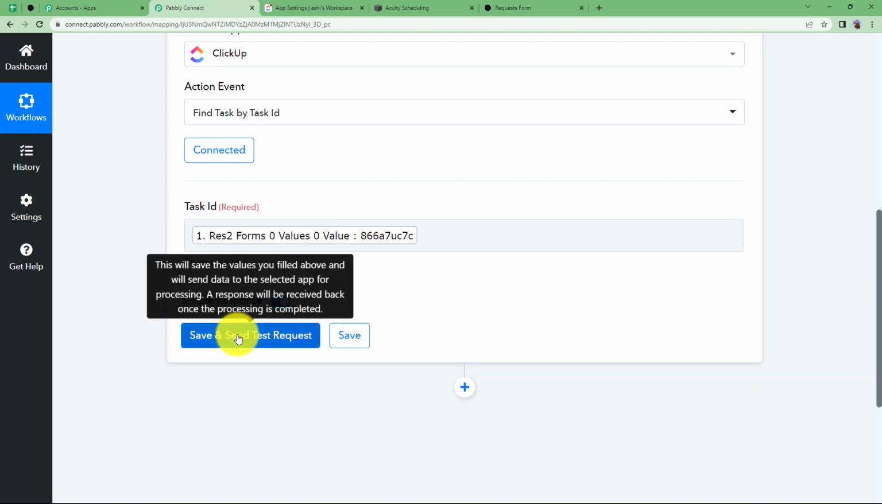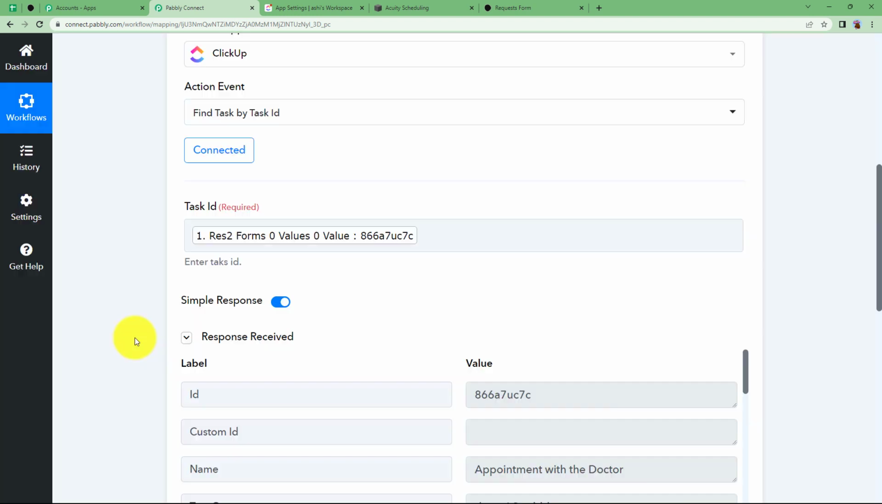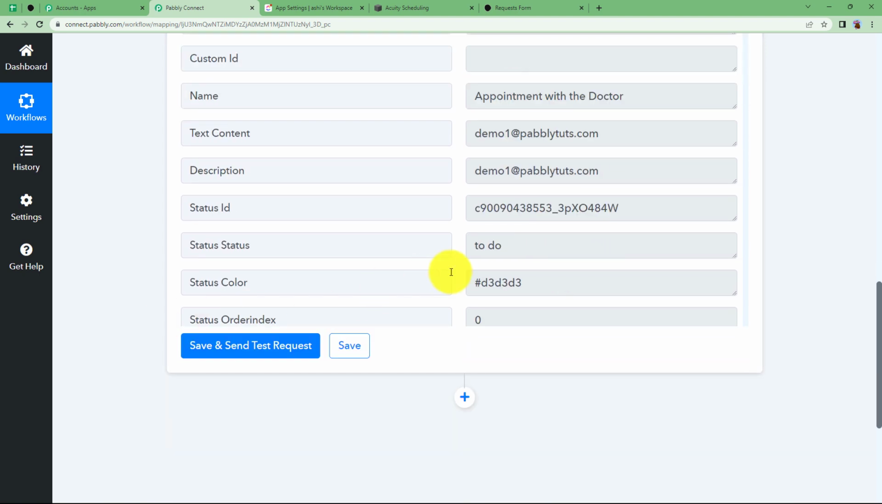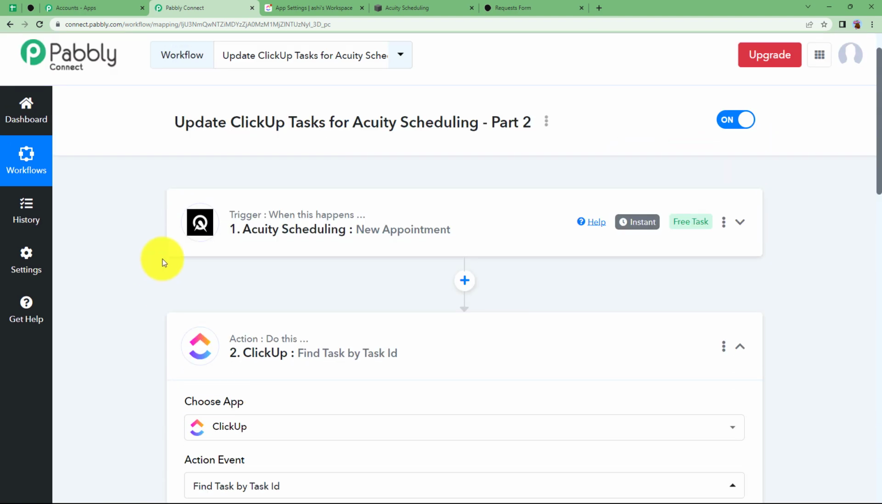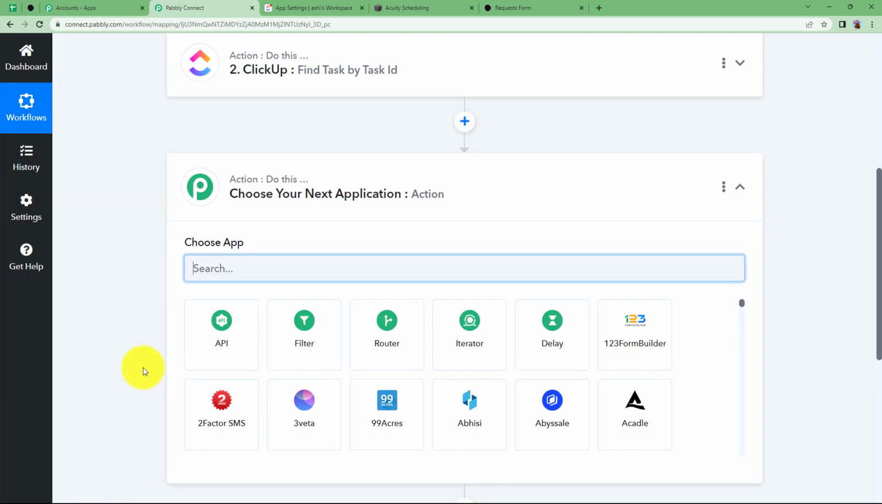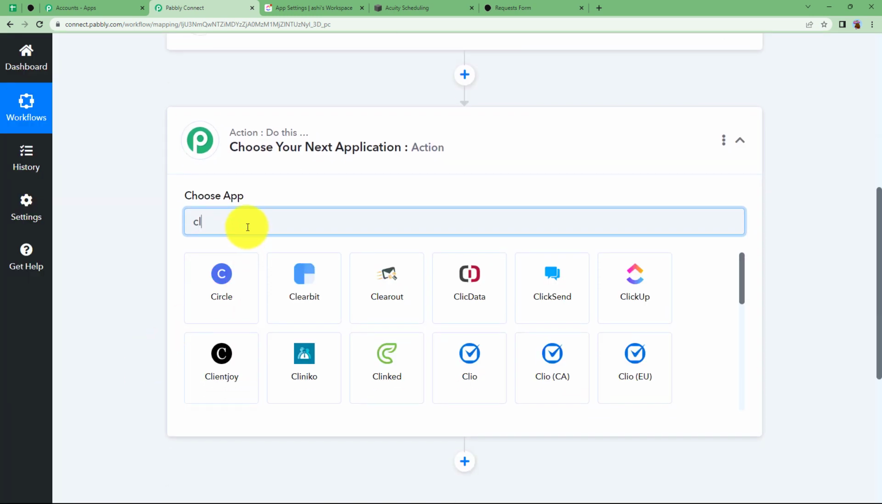So this is my task ID, and then click on Save and Send Test Request. You will receive all the information that exists about your already created task. Now you just need to update the task. One thing that I would like to remind all of you before creating one last action step in order to